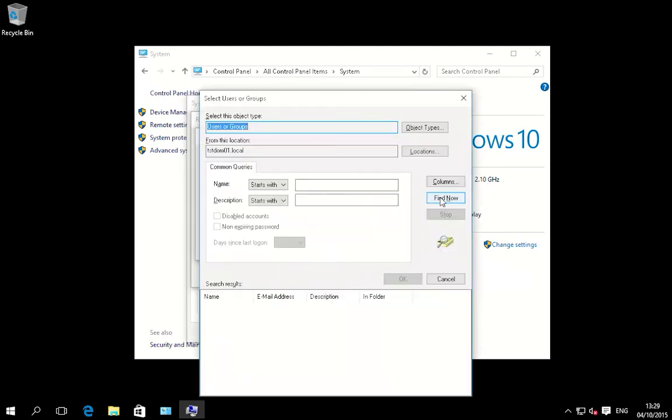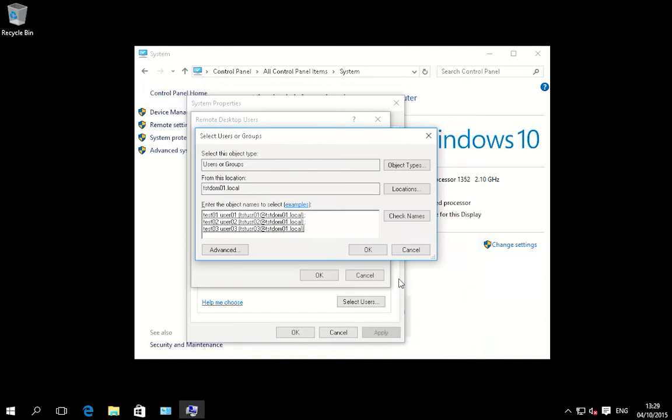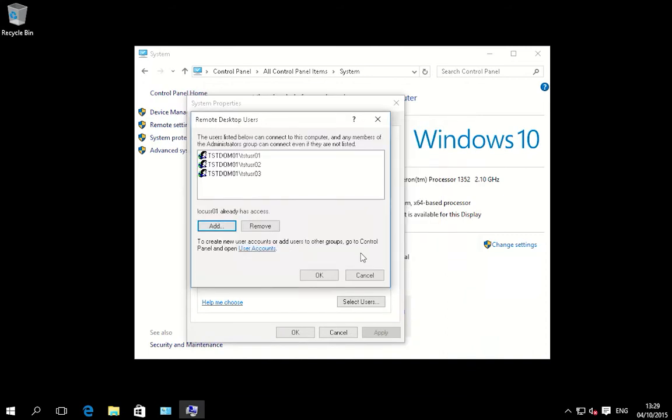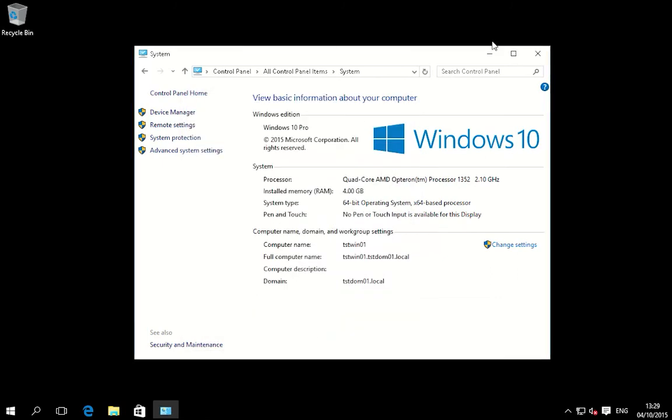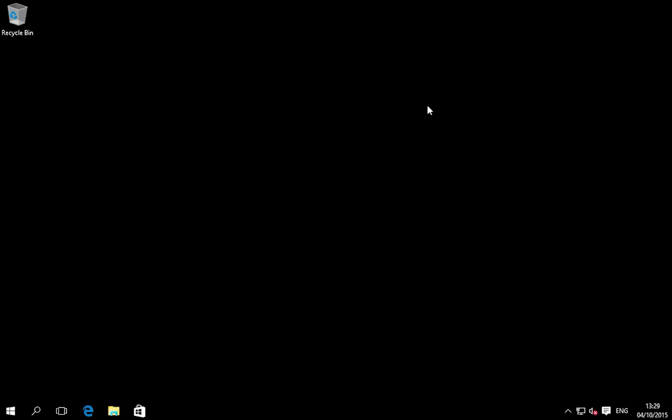And keyword TST user, find now, and we have all three users here. So let's select them. Okay, okay, okay, okay,